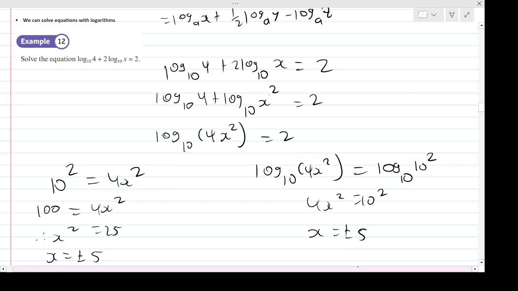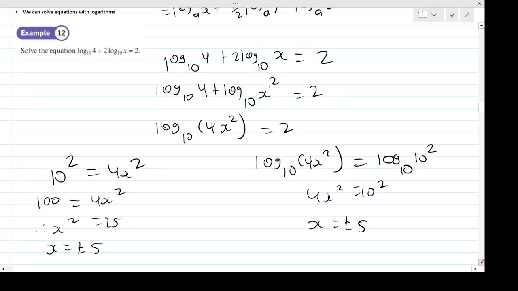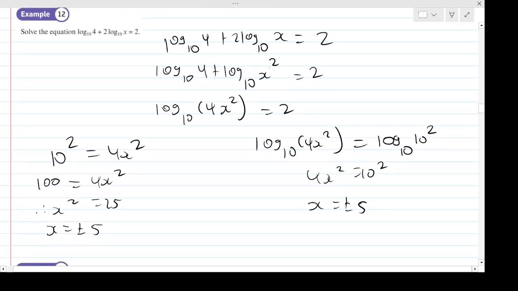Or if you're a bit unsure, you can just convert the number as a log in its own right, by making a log of the same base. Now, those are my 2 possible solutions, right? You should always check if you've got multiple solutions, which ones you can accept and which ones you can't allow. So firstly, if x is 5,